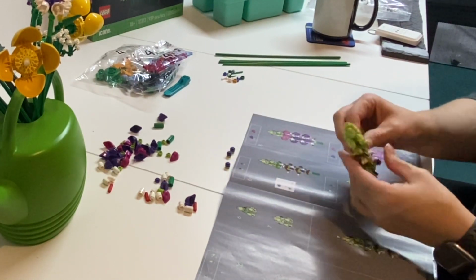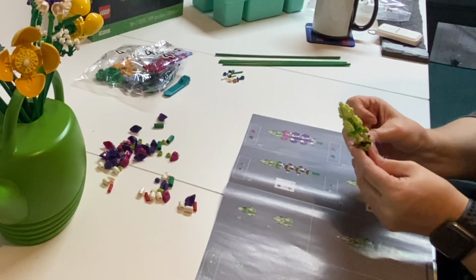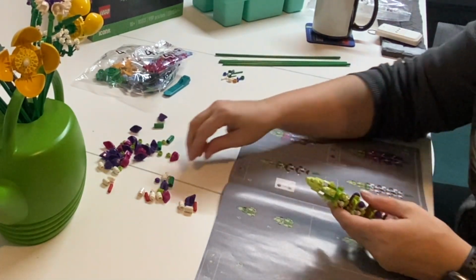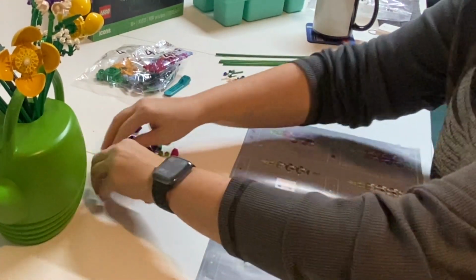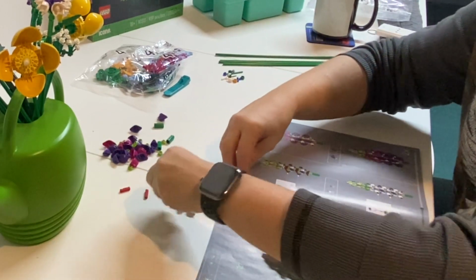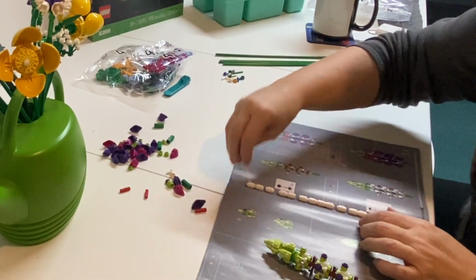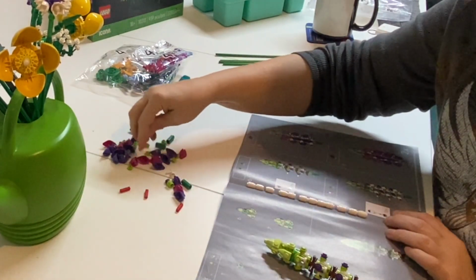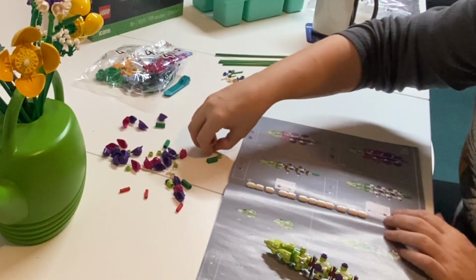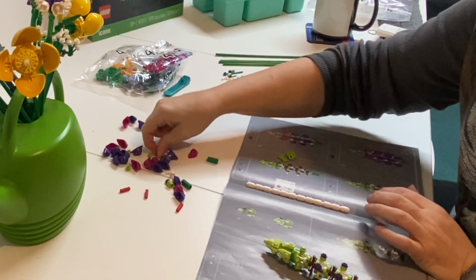Seems like the second one's going faster, but then kind of does, kind of not, because I've had to take off some pieces and move them around. But my fingers are already getting indented from all the little pieces. And we're going to do more little pieces. So now we're going to use these 12 rolly ones, ones that want to keep rolling off this table. Okay, 1, 2, 3, 4, 5, 6, 7, 8, 9, 10, 11, 12. And we're going to go with 12 green things, green buttons. There, let's see, 4, 5, 6, 7, 8, 9, 10,